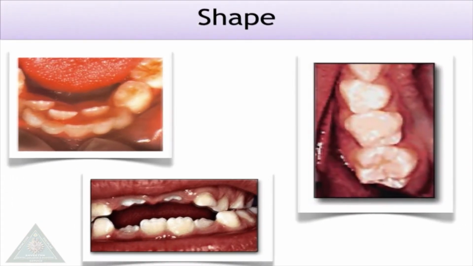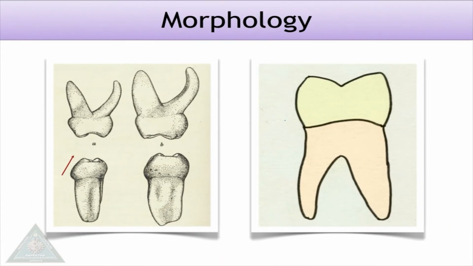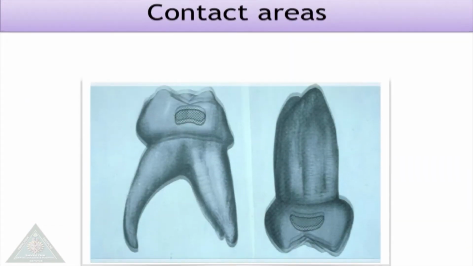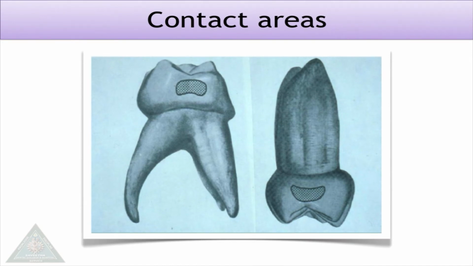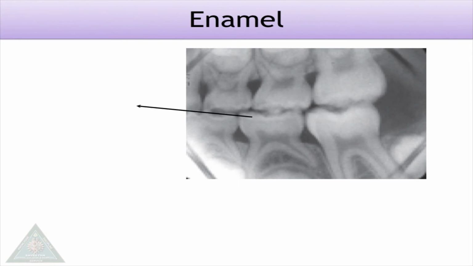The shape of the primary tooth is relatively smaller than the permanent tooth. The primary tooth is more constricted occlusally than the permanent tooth. In the cervical region, the primary tooth is more constricted than the permanent tooth. The permanent tooth has a wide contact area, but there is spacing in between the primary teeth. The enamel in deciduous tooth is thinner, which results in faster and quicker reach of caries towards the dentin.